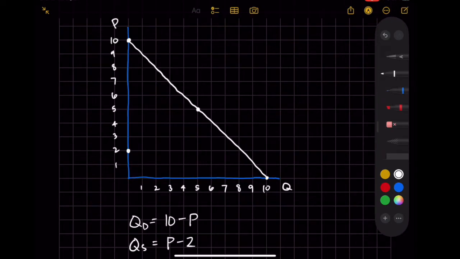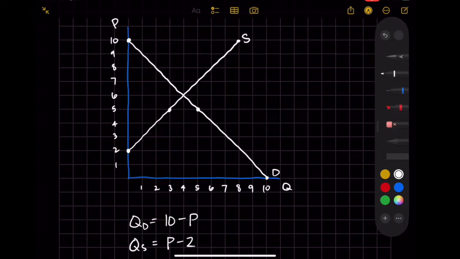And if we go to a price of 5, 5 minus 2 is 3. So at a price of 5, there's 3 supplied. Okay, and let's go up to a price of 10. Price of 10 minus 2, that'll be 8. And so now we have our supply curve, and we can fill this in here. Okay, so right here we have demand,